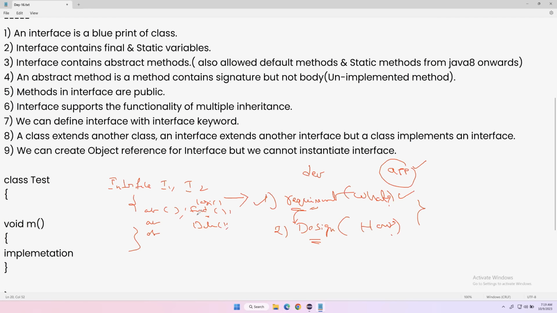Because you know the requirement, but you don't know how to implement it. So in the initial days, developers will create interfaces like this because they know only the requirement part. They don't know the design part. So after a few days, a few months later, once they know the design part, then what you will do,